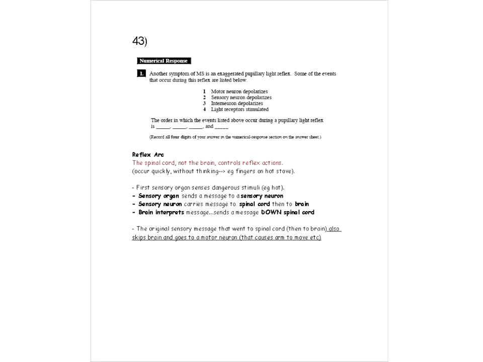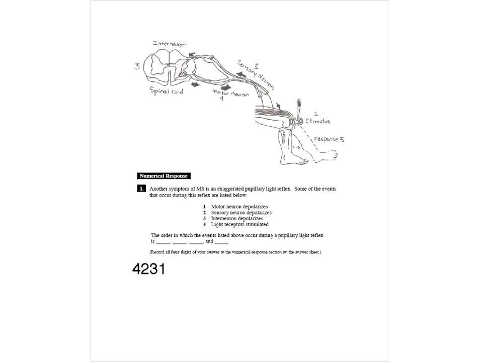All right, so this is talking about a symptom of MS, and it's talking about some events that take place. So we're talking about motor neurons, sensory neurons, interneurons, and a light receptor stimulating. All right, well, this has got to be the reflex mechanism, that involves these different neurons. You might remember there was a diagram we looked at with motor neurons, sensory neurons, and that kind of thing. So we know that it's the reflex mechanism, and on the next page I'm just going to recap how that takes place. Okay, so what happens first of all is you have a stimulus.